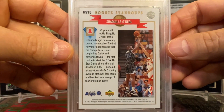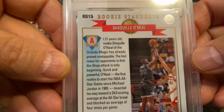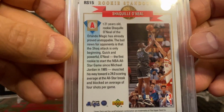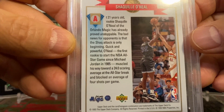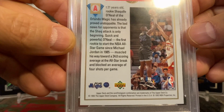And I think the back is so beautiful too. "At 21 years old, rookie Shaquille O'Neal of the Orlando Magic has already proved unstoppable. The bad news for opponents is that the Shaq attack is only beginning." Boy, isn't that true. "Quick and powerful, O'Neal, the first rookie to start the All-Star game since Michael Jordan in '85, muscled his way toward a 24 scoring average at the All-Star break and blocked an average of 4 shots per game." Yeah, he came out of the gate